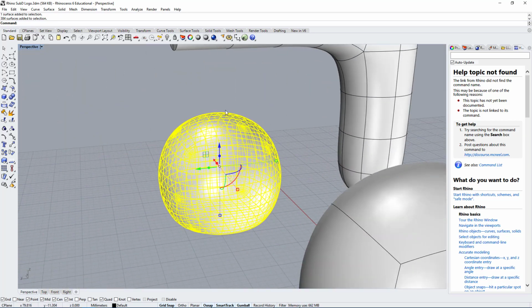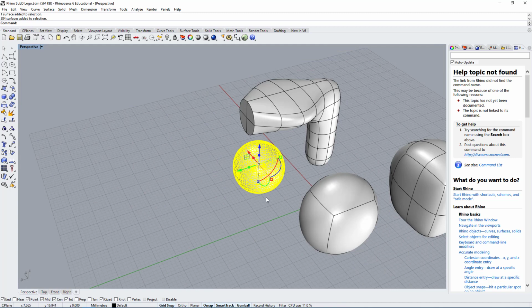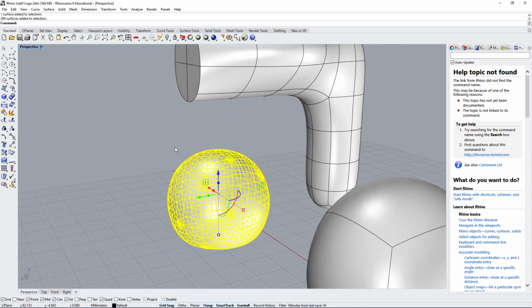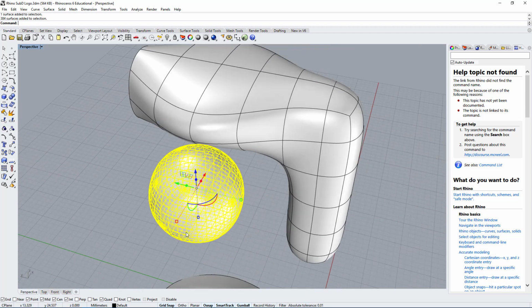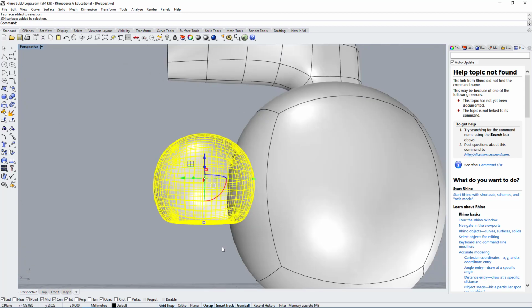In this case, there's no value in doing this, but let's say we're sending this to someone else who cannot work with a subd object, or maybe we're sending it to a different software, so we may have to convert this type of object back to the regular NURBS surfaces that we typically use. Also, if you wanted to do a Boolean subtraction or a Boolean union, basically any of the Boolean operations, you would need NURBS surfaces in most cases. So yeah, this is really useful.